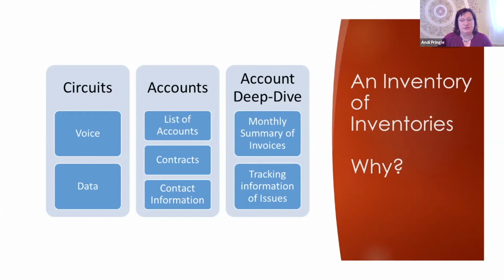I personally have an inventory or a tracker of each account, and this includes previous and current invoice information. And I have an inventory of ticket statuses on accounts and circuits, etc. I keep them handy for reference and to trend any actions taken on these. This can be linked to service level agreements and your contracts and to the service itself to see if you need a replacement or if something needs to be changed with that circuit.